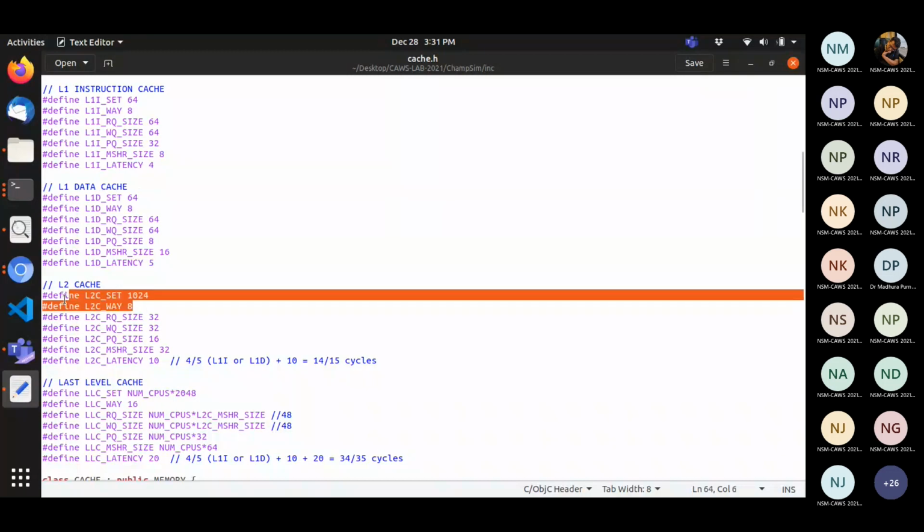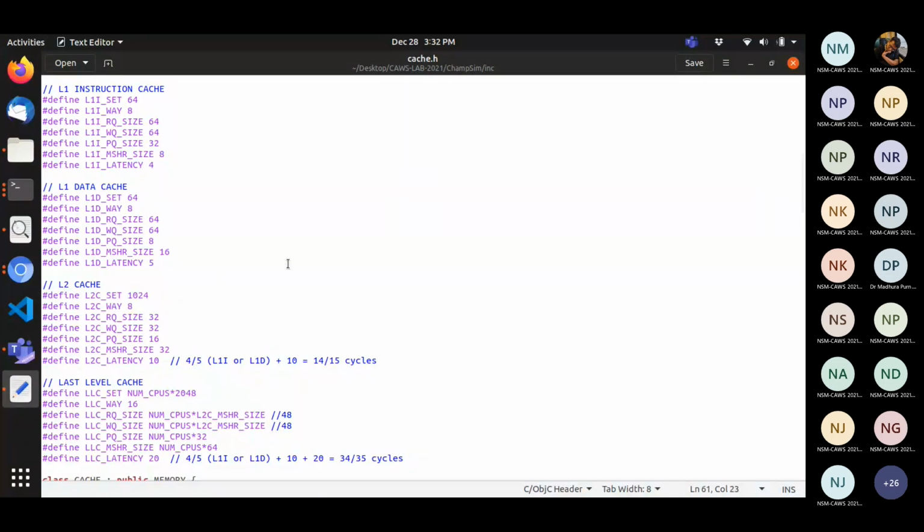Likewise, it provides them for the L2C cache, which is the level 2 cache, and then for the last level cache. You just have to map it with the values that you get in your IPC values. The kind of difference that you get there, you will be able to relate it with the cache size given here.